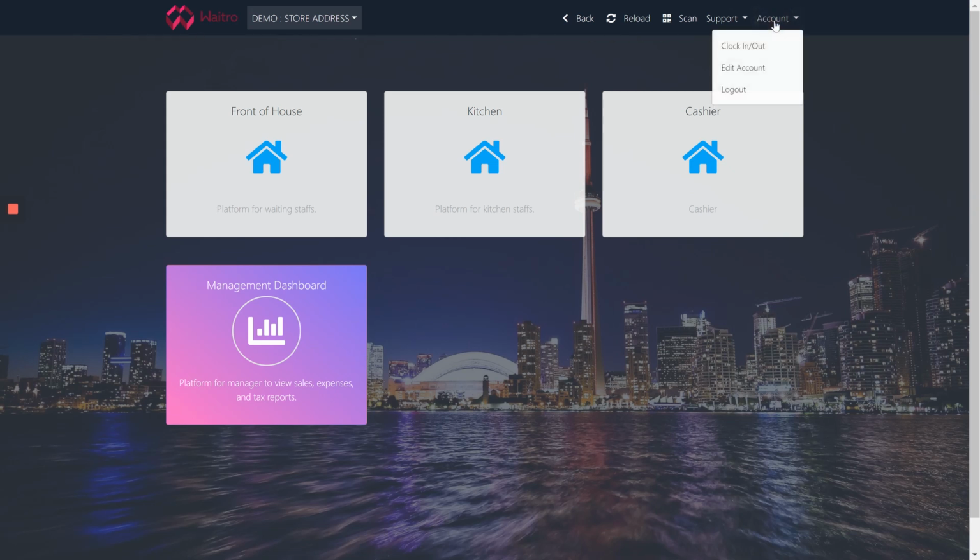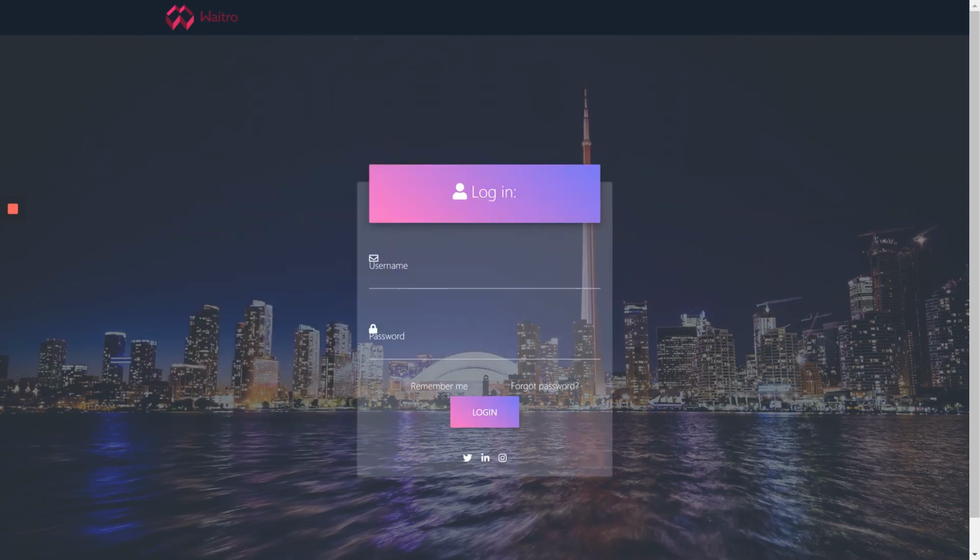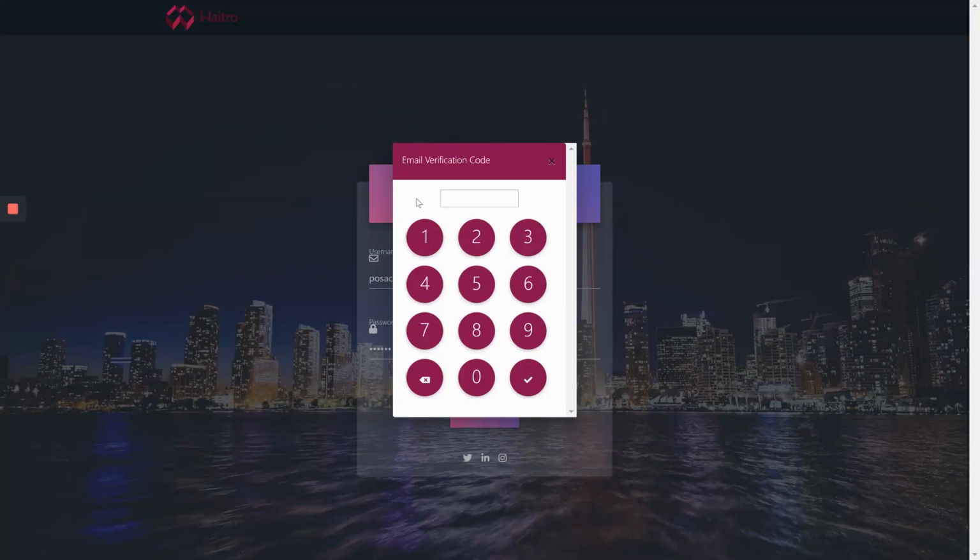Let's log out of the owner account. Now, let's log into your POS or store account, as you have created during the sign-up process. This is the first time that we are logging into the POS account. The owner email will receive an email verification code. A POS account will always require a two-step authentication before logging in. I'm going to quickly look up the code and enter it. So our verification code is,